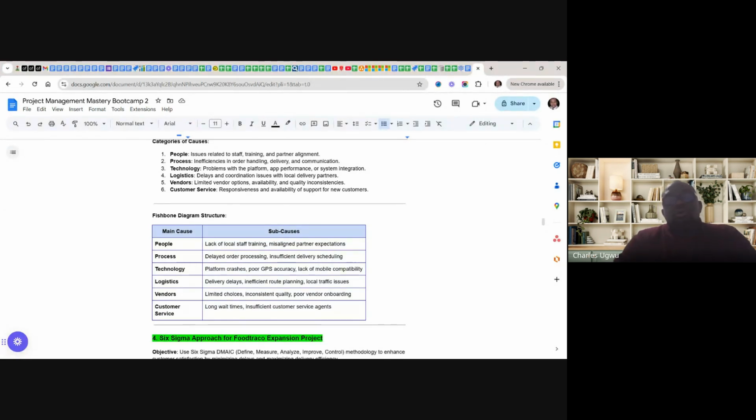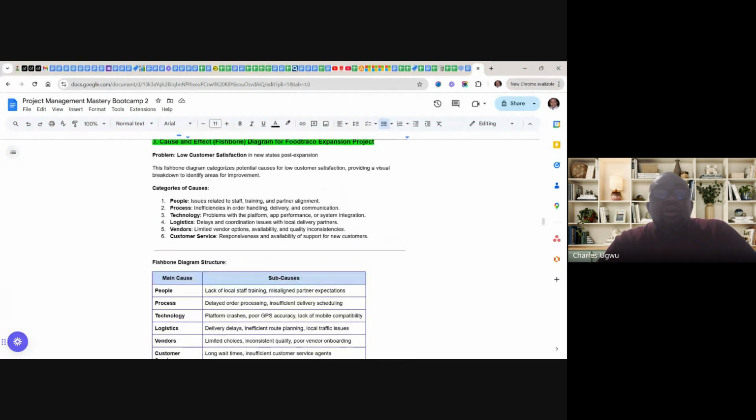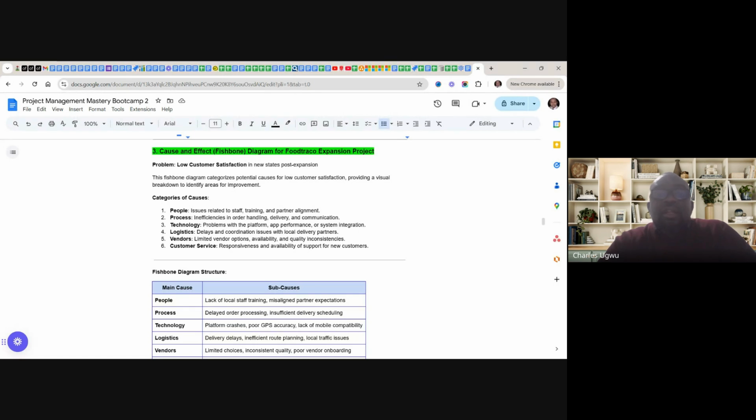So what root cause analysis or fishbone diagram or cause and effect, you can call it any of these names I've just listed. We call it cause and effect. Another name for it is fishbone diagram. It is a tool or technique within root cause analysis. So it helps us to understand the causes of low customer satisfaction as captured by these two